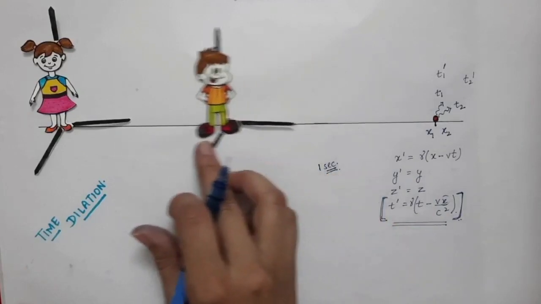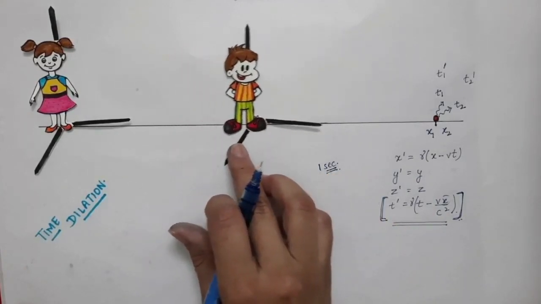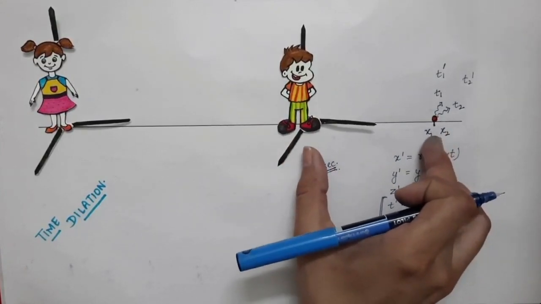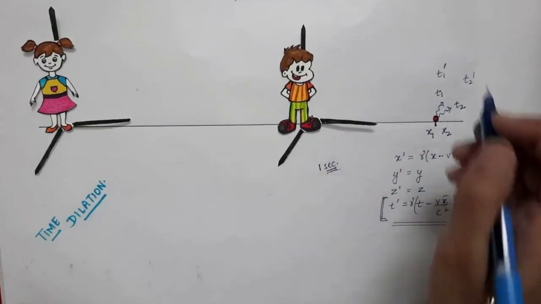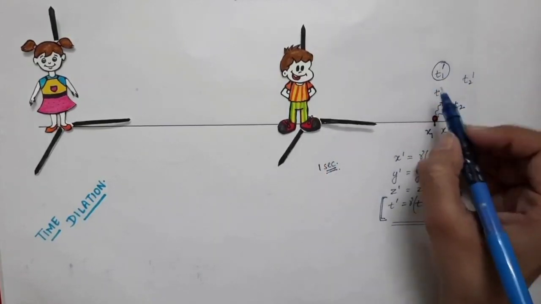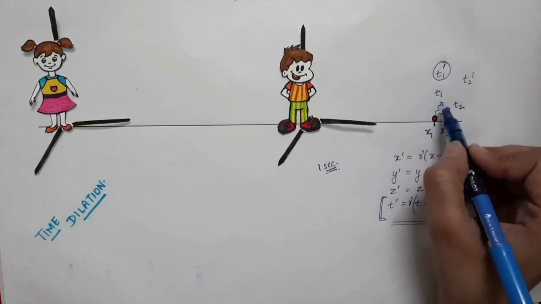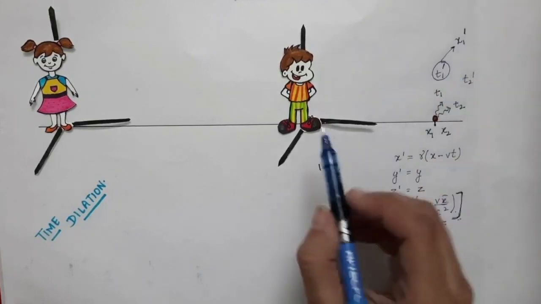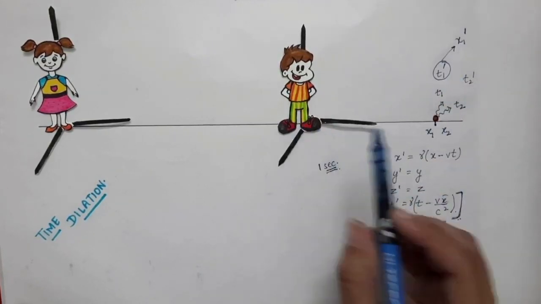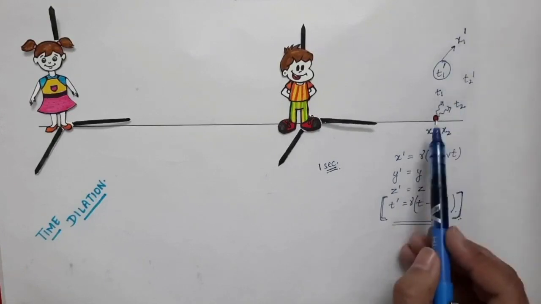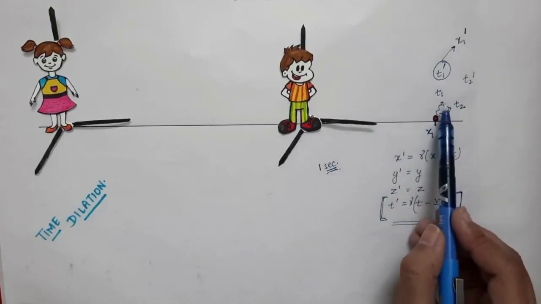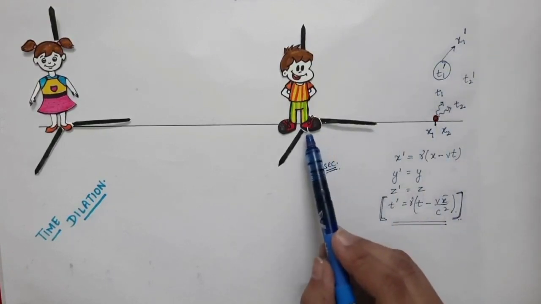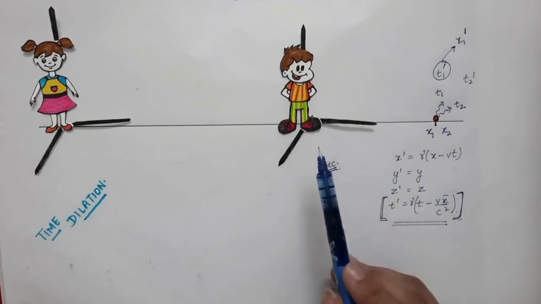And as you can see that when your friend is moving in this direction, the x prime distance, the distance of the object from the origin, is changing with time. So let's say at t1 prime, when this first event occurred, at that time the x coordinate was x1 prime with respect to your friend. So according to your friend, the source was at x1 prime distance from its origin, and the event occurred at t1 prime. So at t1 prime, x1 prime was the position of the source with respect to the origin of your friend, or you can say the sigma prime.